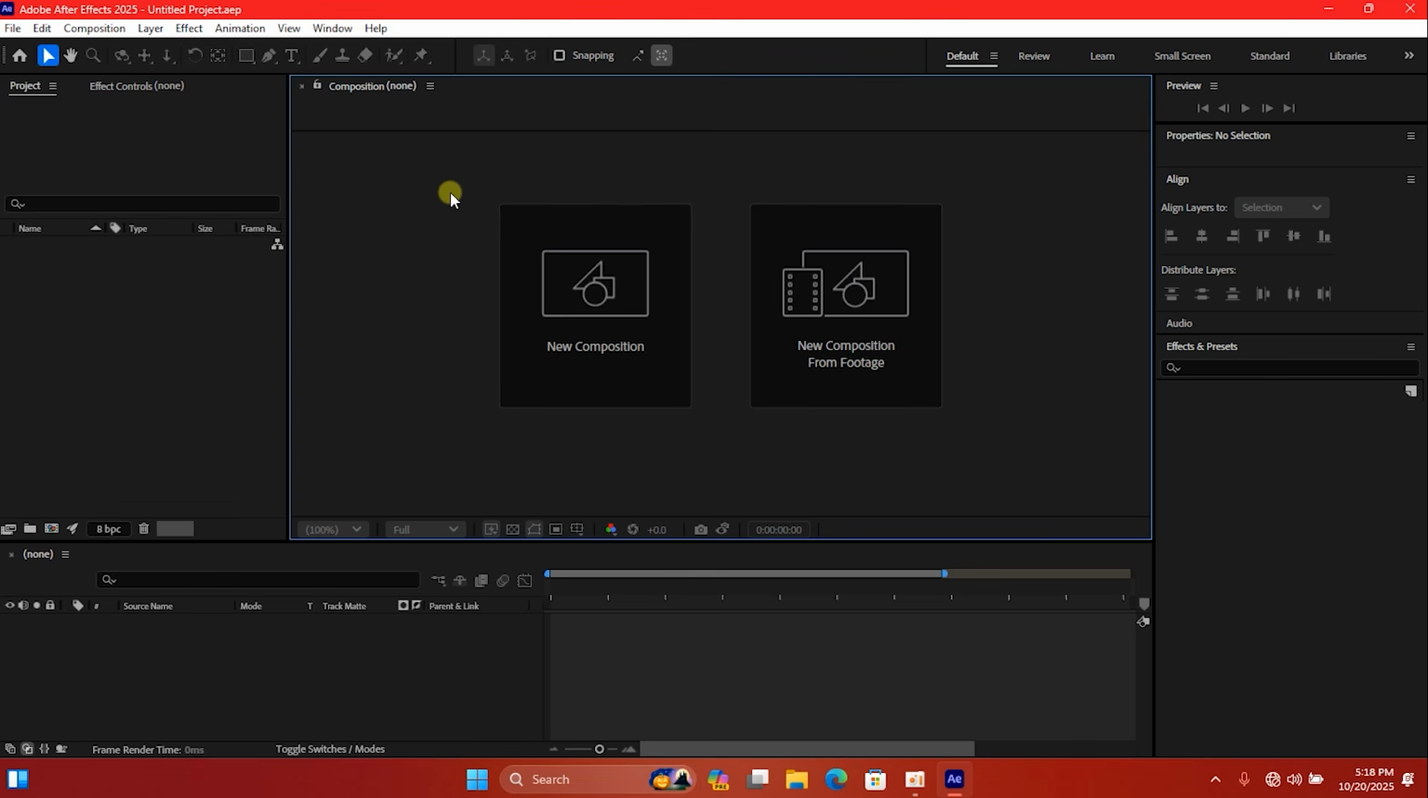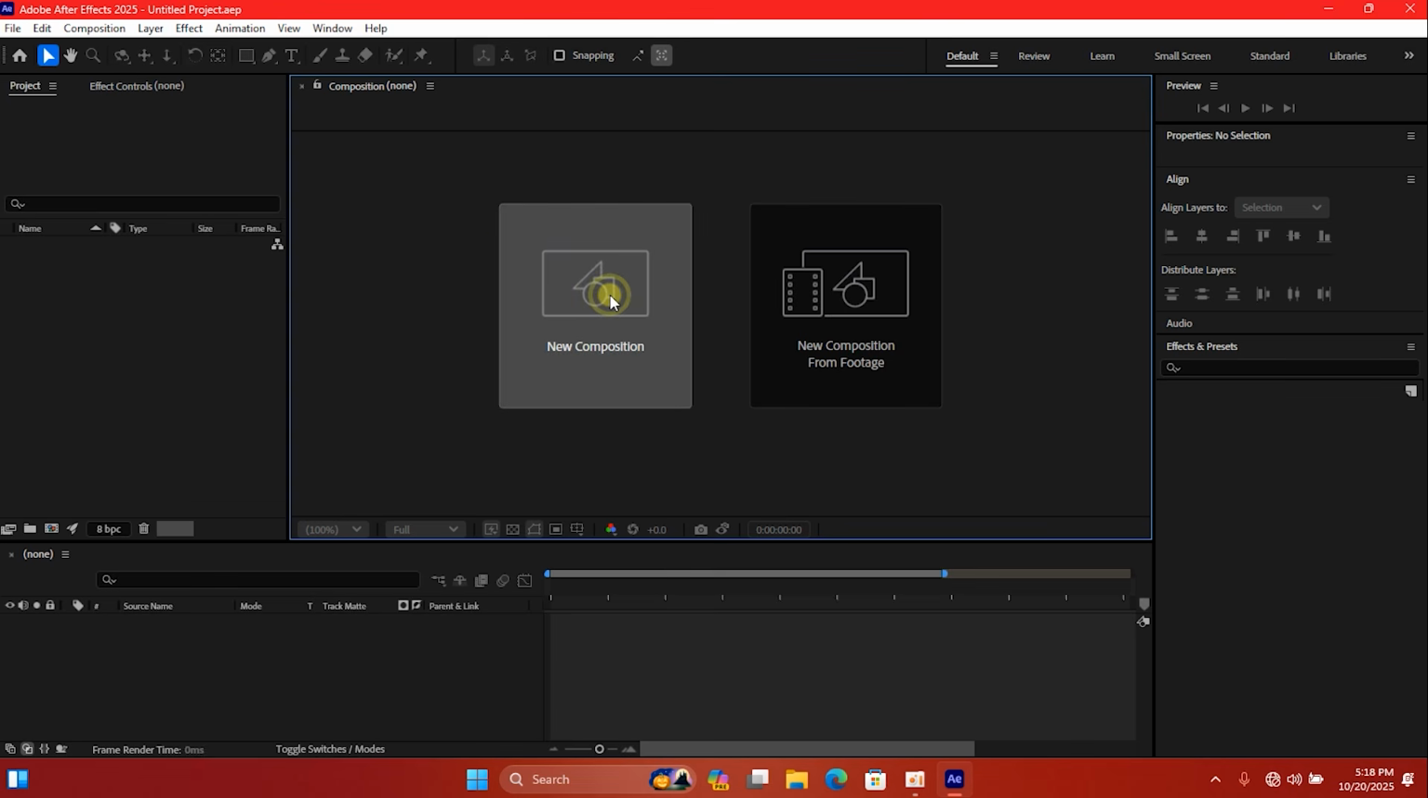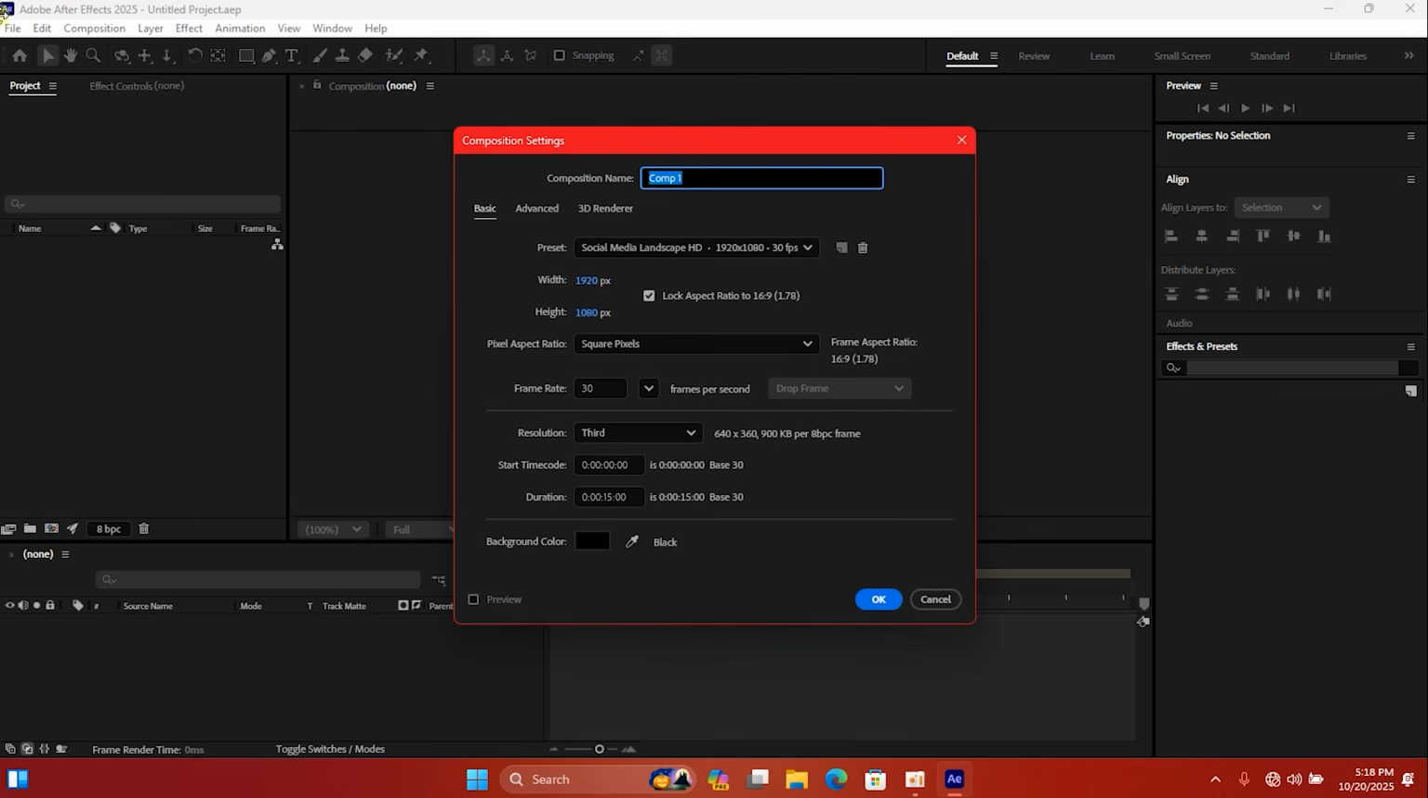So now in After Effects, create a new composition. You can either go to Composition and New, or you Control N. So let's name this the intro. The setting I'm going to use is 1920 by 1080 in the resolution, and I'm going to use 30 frames per second. So I'll change this to 10 seconds for the duration,